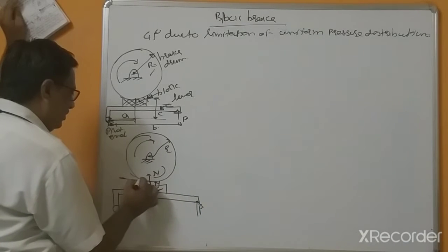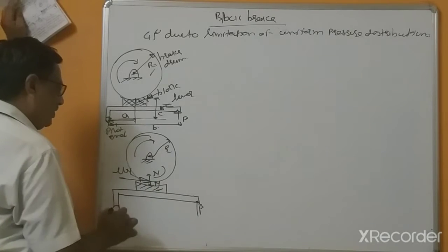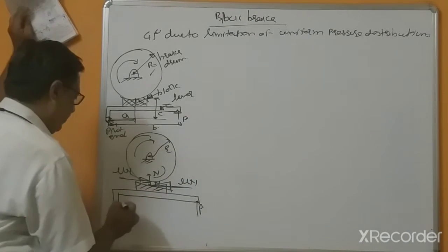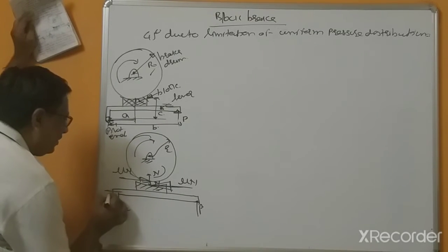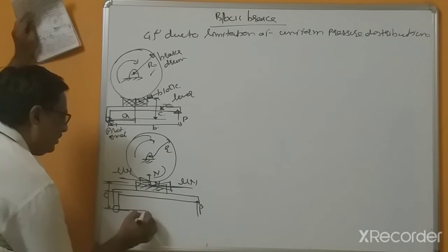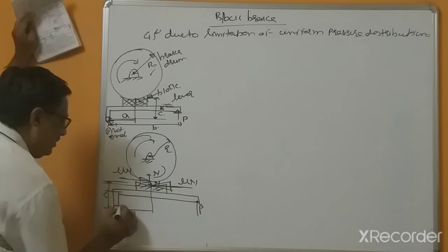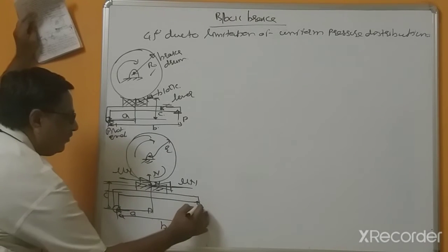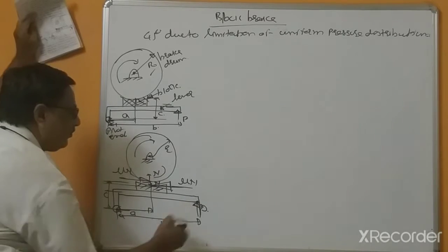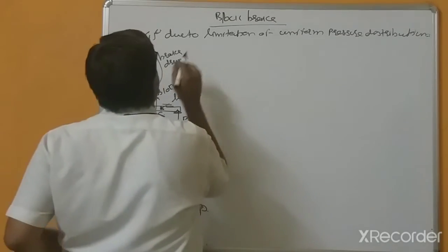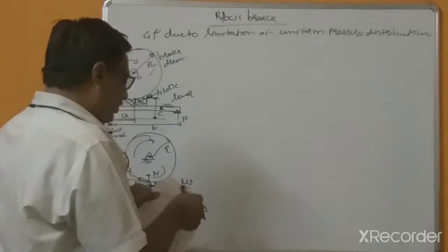So that's why this is frictional force mu N, and here is acting this frictional force, equal to mu N. This distance equals this distance, which is C. This distance is A, and this distance is B, and this is the actuating force. P is the actuating force. So that's why, yes, due to limitations of the uniform pressure distribution,